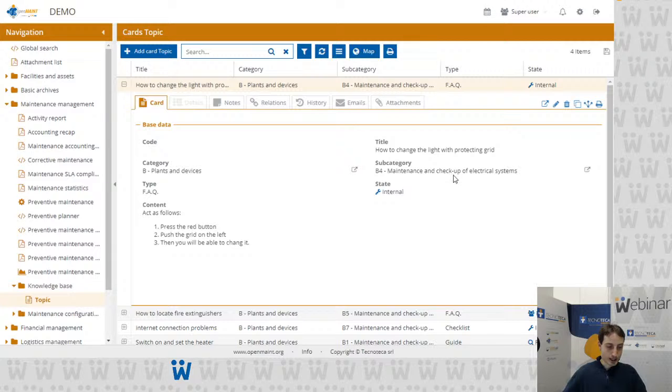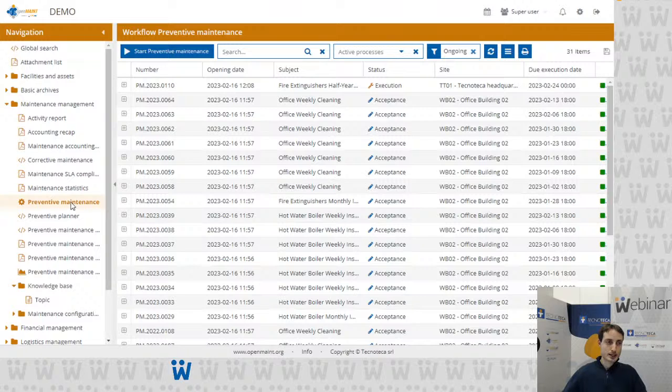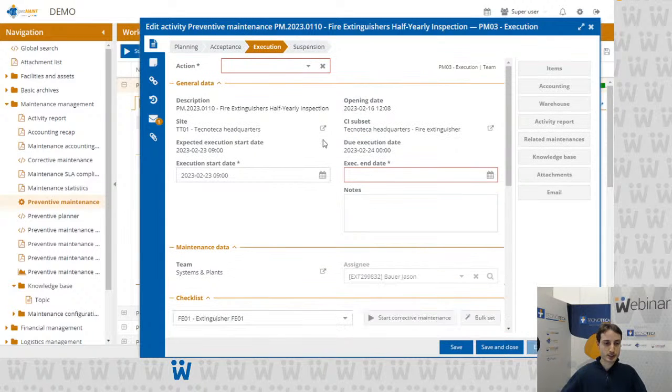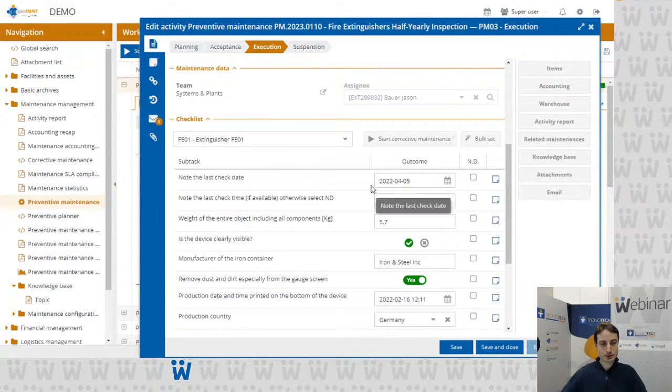Now I would like to jump to the preventive maintenance, and in this regard I will take one that I have just here already prepared to see the improvements concerning the checklists that we have performed. For example, here you can see, with respect to the previous implementation, that you have